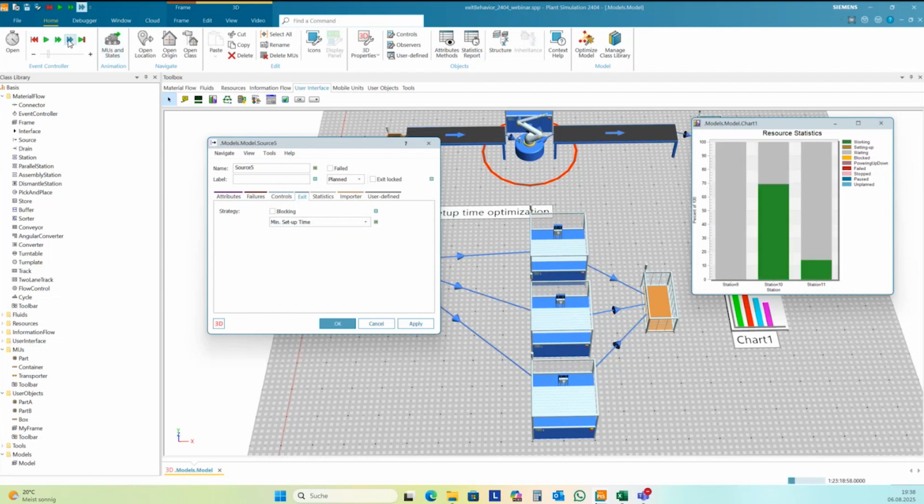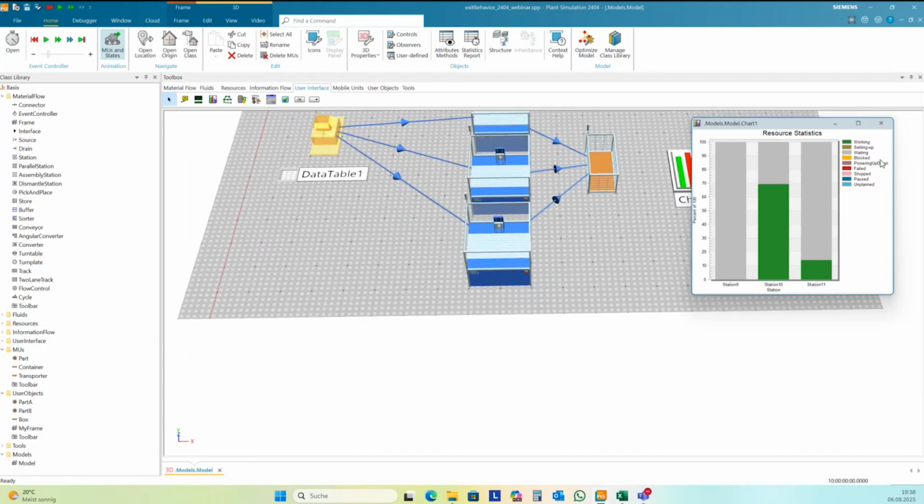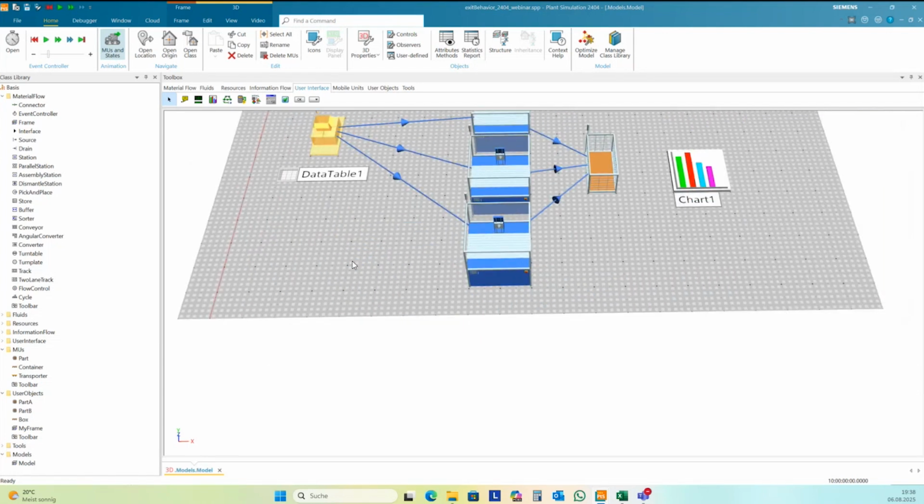All is already built in here. Okay. One more example.